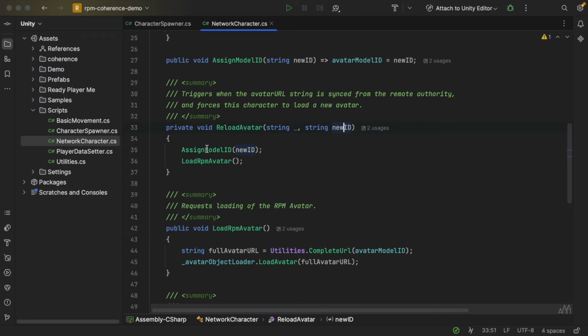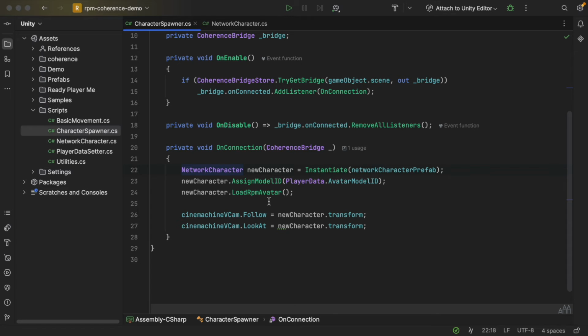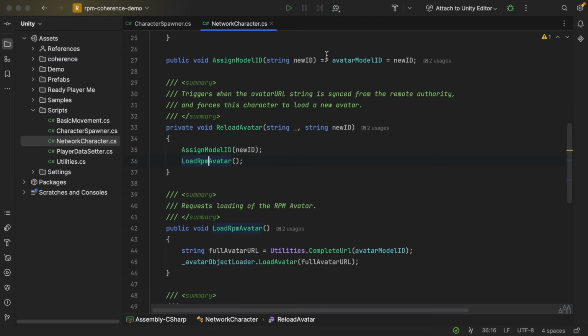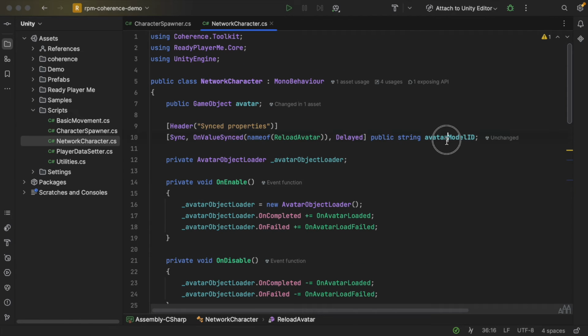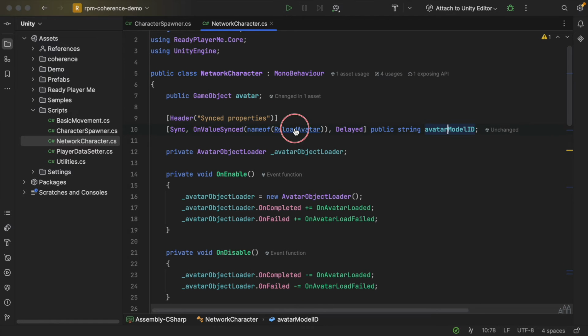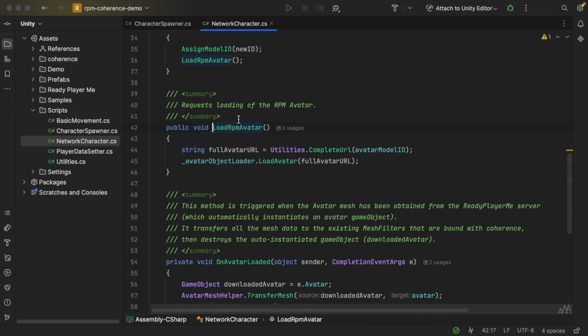So in this method, we again assign the model ID to the new value, and then we invoke the reloading of the avatar. So exactly like when the character was spawned at the beginning locally, when a character is spawned remotely and the avatar model ID property is changed, the avatar is notified and is forced to reload again.